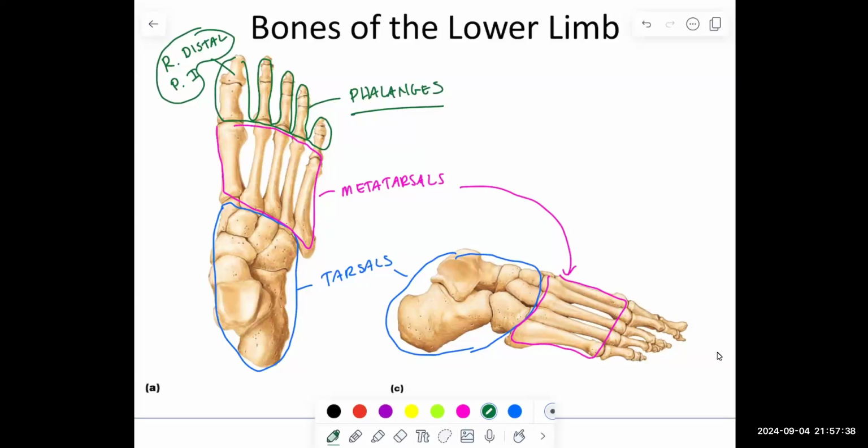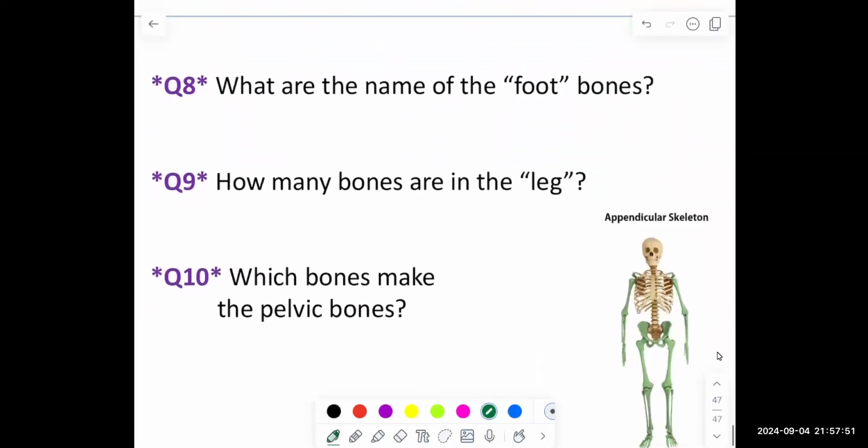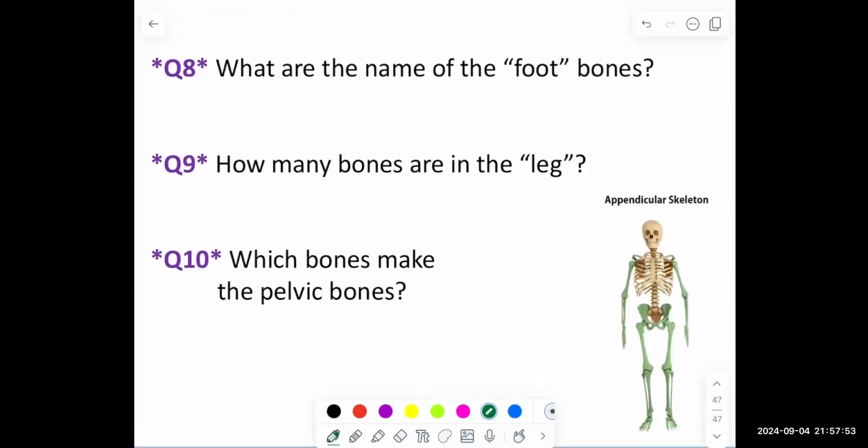That's all the bones in the body. Some of them just have numbers associated with them, like T1, T2, T3, T4, etc. Once you complete your cards,